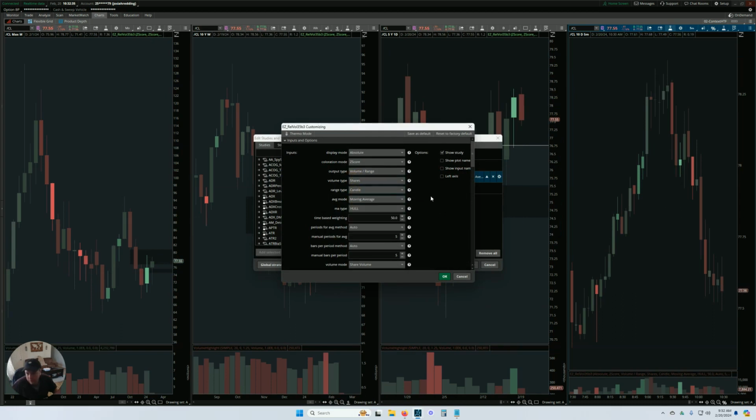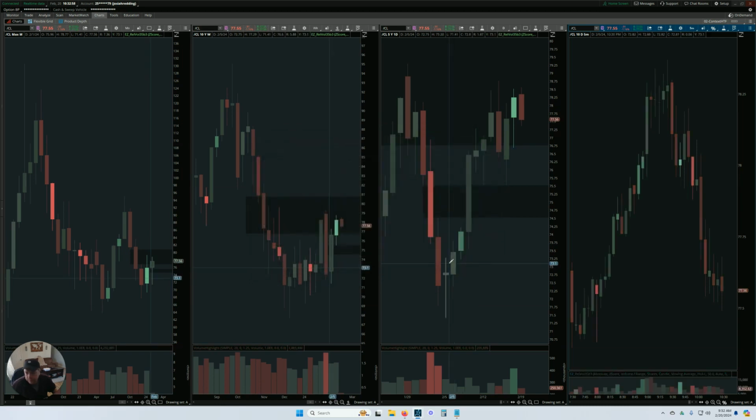And typically I'll use absolute presentation or just hide it altogether. Or sometimes I'll use relative presentation. But I usually use the z-score as my coloration mode. And so that's what this looks like here. And so the best way that I have found to use this as a standalone type of system is to look for nested signals. So you can see this is a monthly chart over here. There was a signal on the monthly chart here on crude oil,